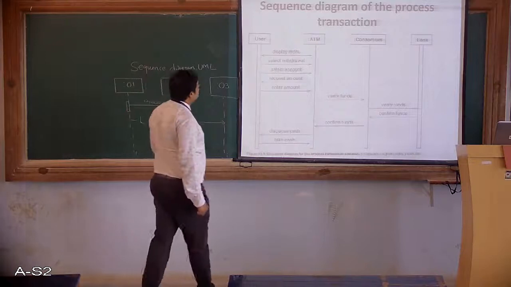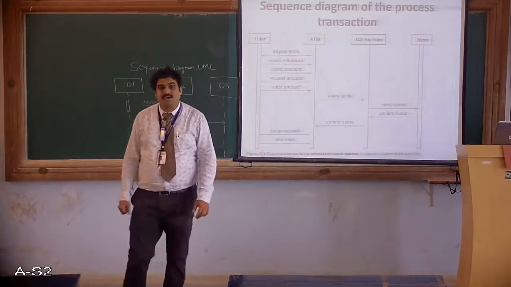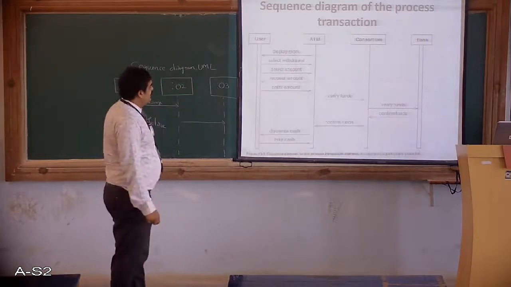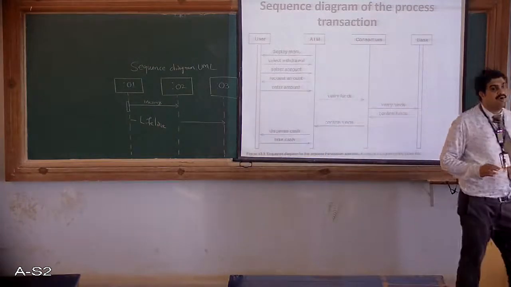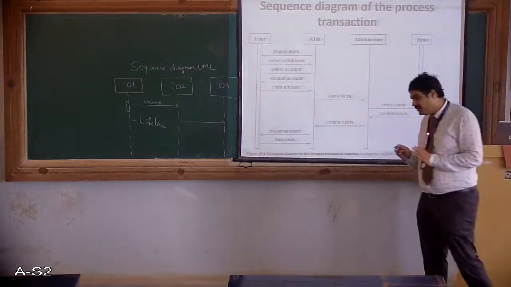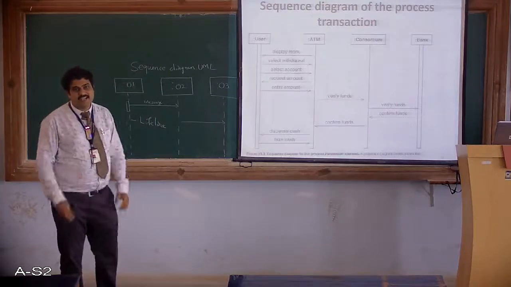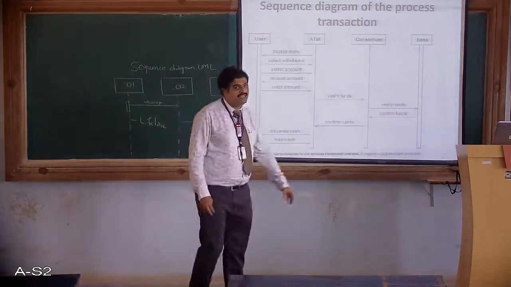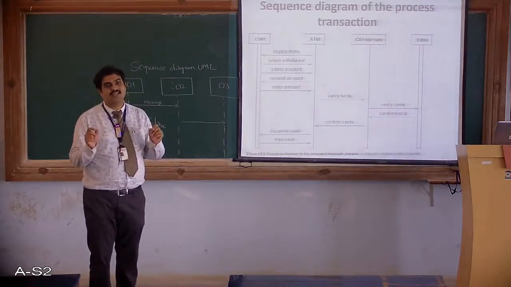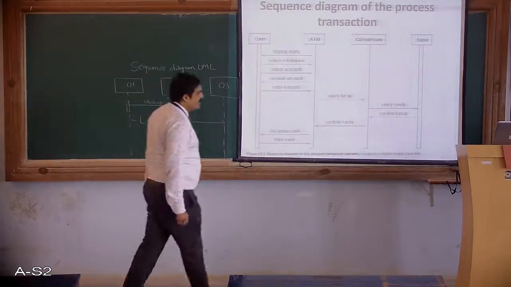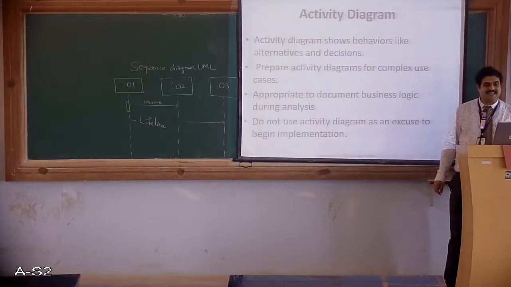So this is how you can use a sequence diagram for defining your application analysis. I think maybe you have understood what a sequence diagram is and how you can use a sequence diagram in the application analysis. So definitely you can take your own problem statement or the case studies given and try to draw a sequence diagram for a use case. Now we'll go to the next step here, the activity diagram.